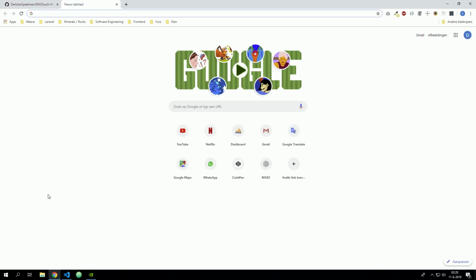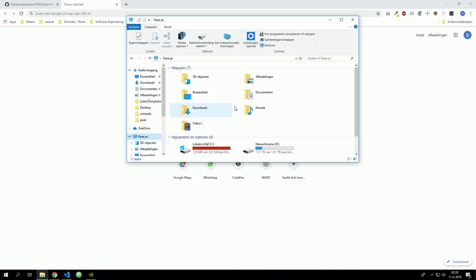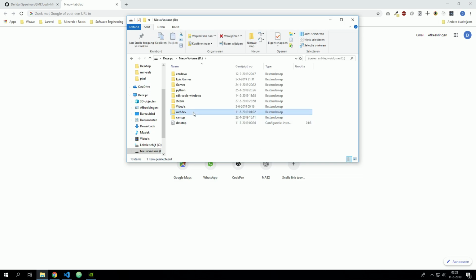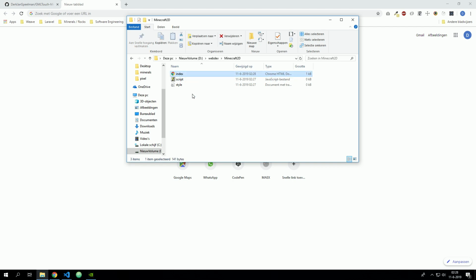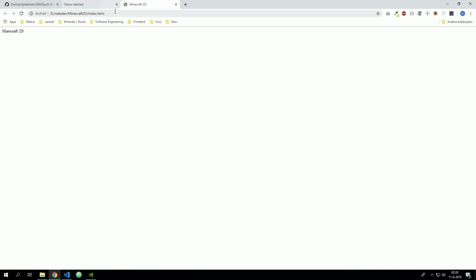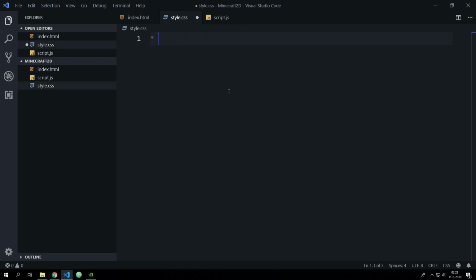So if I were to open up this file in my browser, let me just go there. Minecraft. Let me open up this file. Then we have Minecraft 2D here. Now that's really cool. You can follow these tutorials like this. So let me just get this margin 0. That's not the right formatting. Margin 0. Padding 0. Border box. Box sizing. Border box. Right, and then here we can